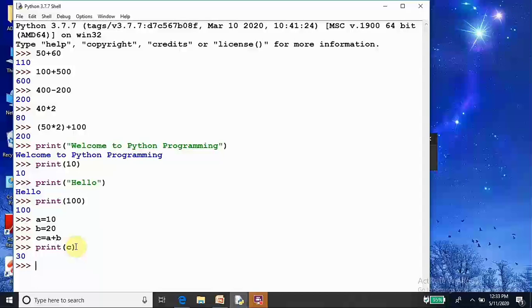To create a program file, you can see this file menu. Click file.